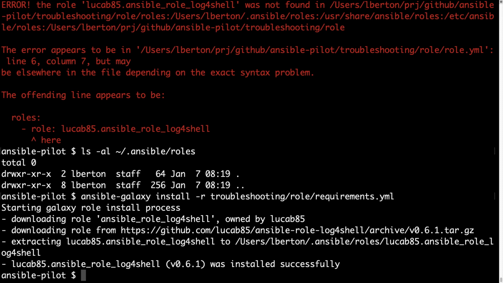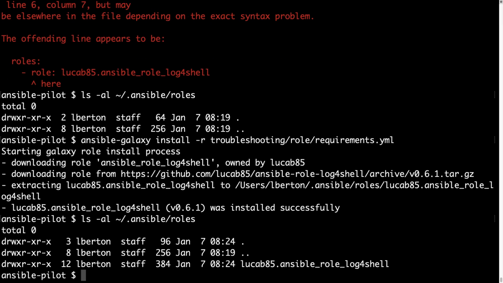As you can see, in the blink of an eye, it is downloaded directly from Galaxy and from the official repository,